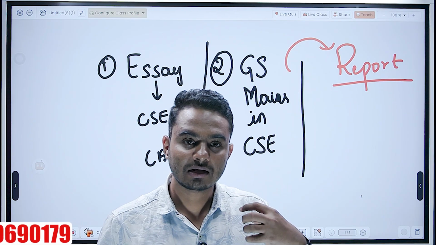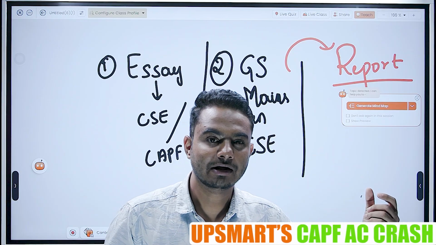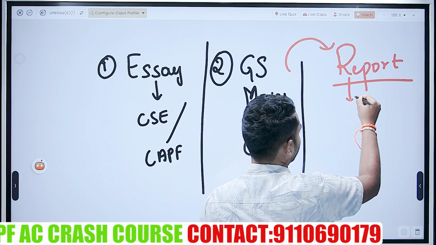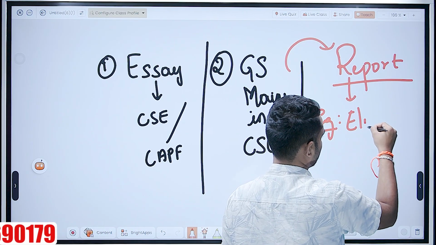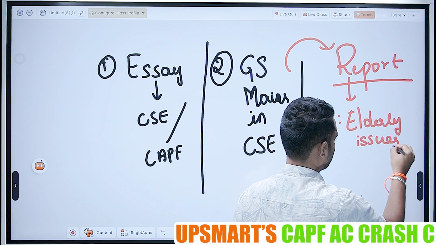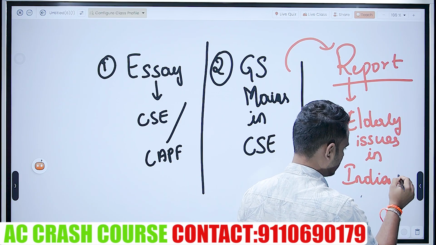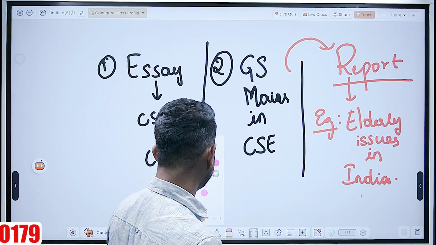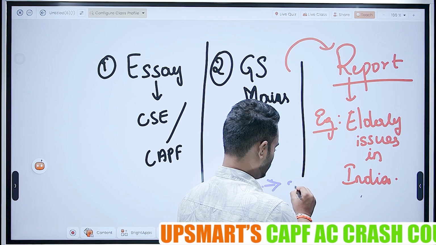The question will be like, they'll give a topic on old age homes or elderly problems, and then they'll expect you to write a 200-word essay. For example, elderly issues in India. This is a topic for an essay, and the direction for this report topic will be like 200 words,